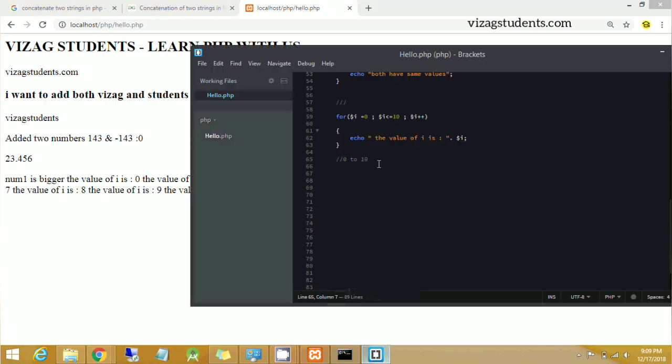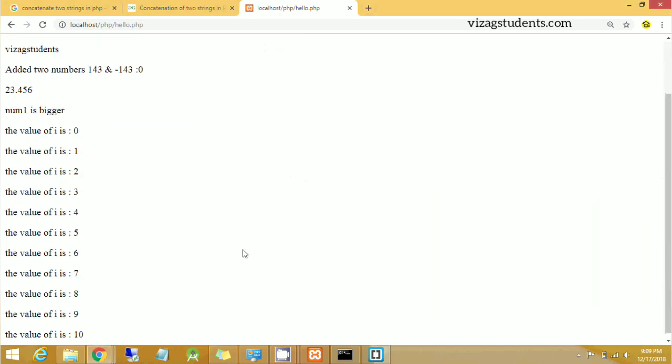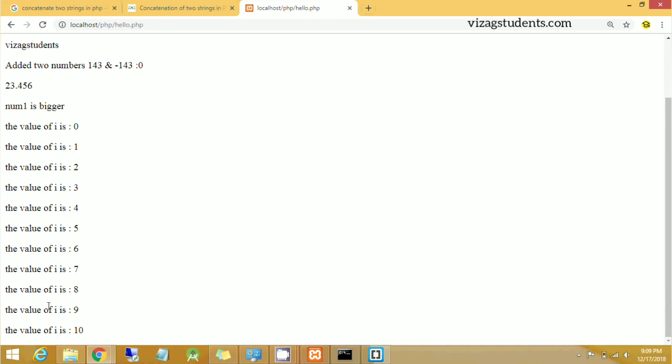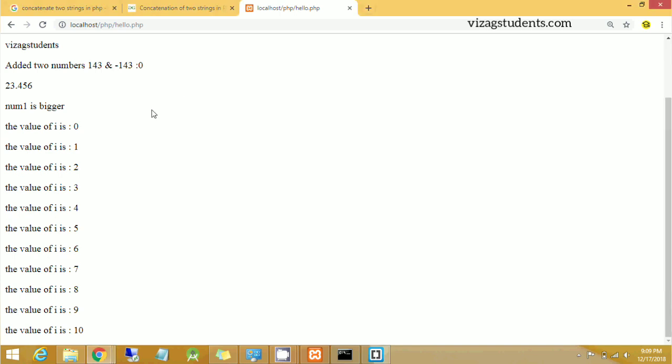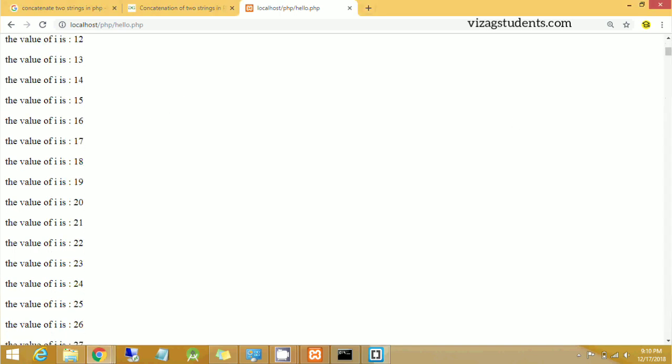Okay, you are unable to see this, right? We'll do one thing. We will add a paragraph tag, p dot again in column P. Okay, the value of i is 0 here and goes up to 100. You can print up to whatever you want. For example, if you write 1,000, it's already printed. See,